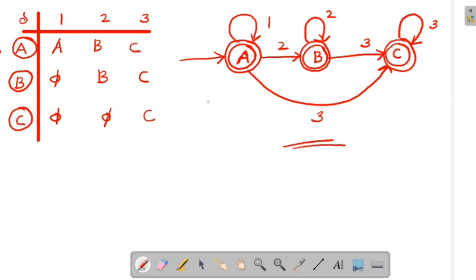Okay, so this is the second method for converting an epsilon NFA to NFA. This is the easiest method, but here we rename the states as A, B, C. So this method is better if the epsilon NFA is very large. If the epsilon NFA is small, then we can adopt the first method. Okay, so study any of the methods to convert an epsilon NFA to NFA. Okay, thank you.